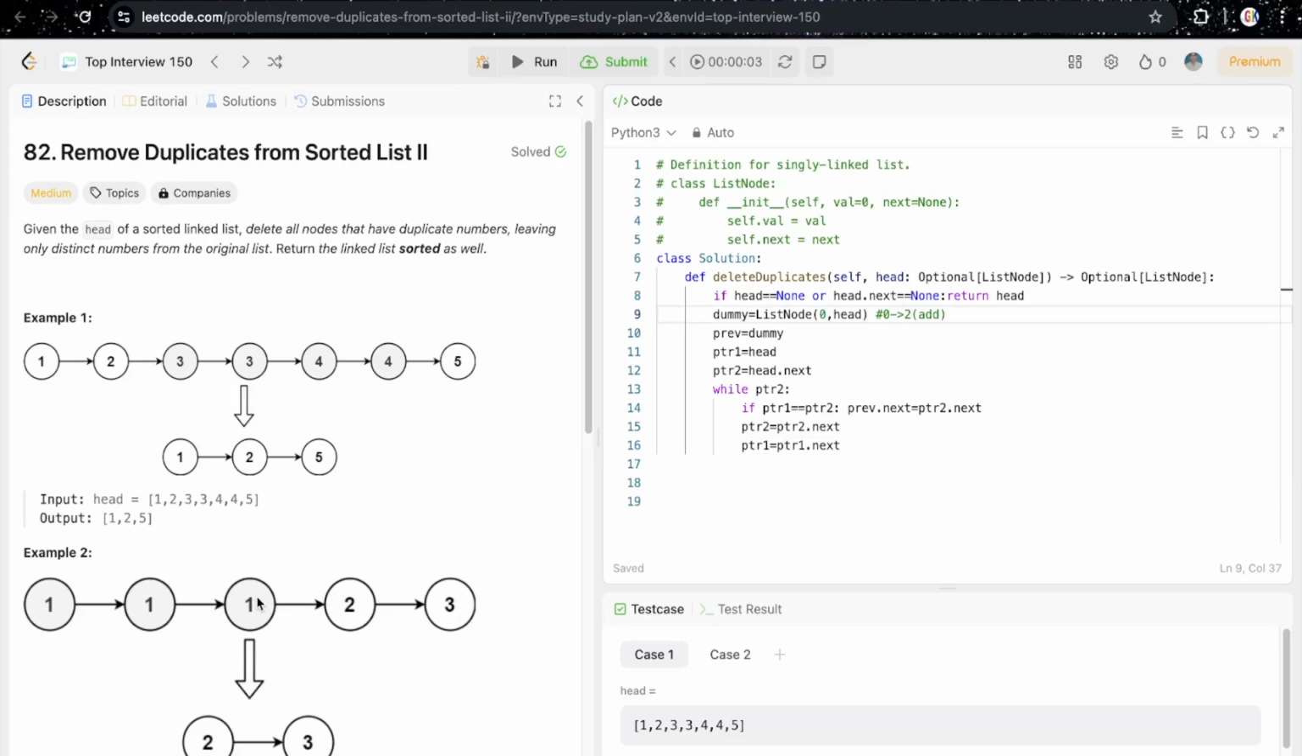So now ptr2 is 1 and ptr1 is updated, and we will proceed for ptr2 equal to ptr2 dot next. So now it will come to 2, this will be ptr2 and 1 will be ptr1. So these are not equal. ptr1 is 1 and ptr2 is 2. So in this case what we have to do is,